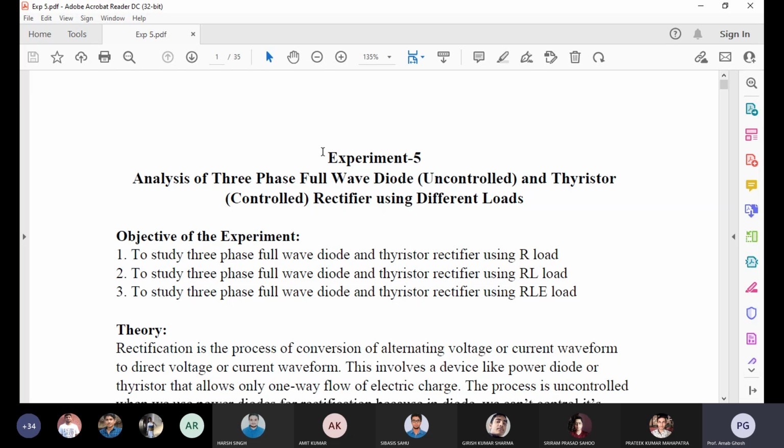But what will be the problem? The average voltage will definitely be high. For single phase we normally use 230 volt RMS, but if you go for the three phase system, the RMS voltage level comes to 415. So the voltage is high. The capacitor value is less, but you have to design a capacitor with a higher voltage rating. That problem will be there.